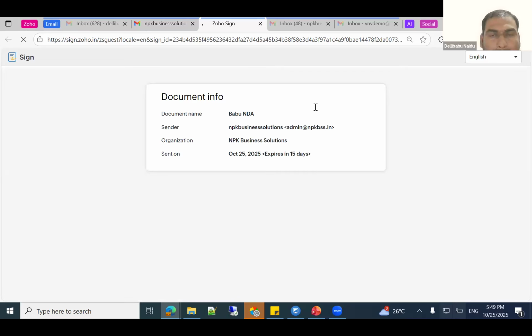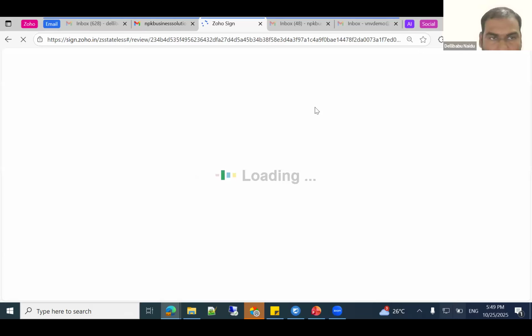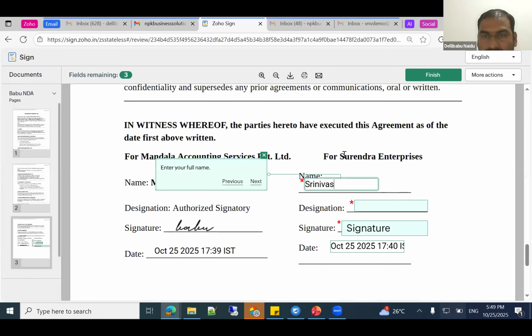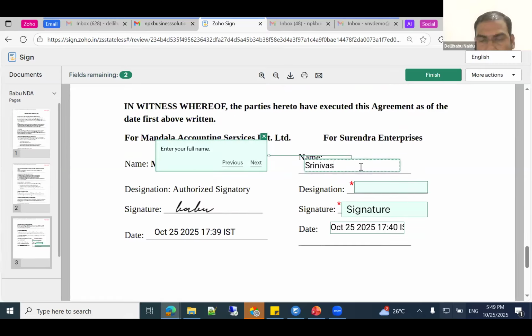Receive document. Agree and continue. There are multiple options. We can use this one, skip signing, decline. There are multiple options given by Zoho. Your name, if you want to add something, Srinivas, client end, okay.